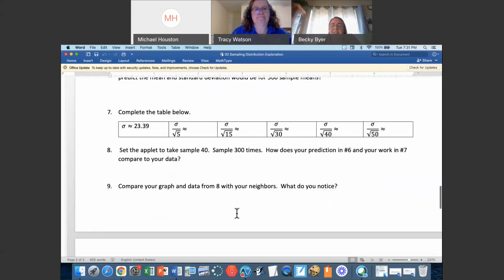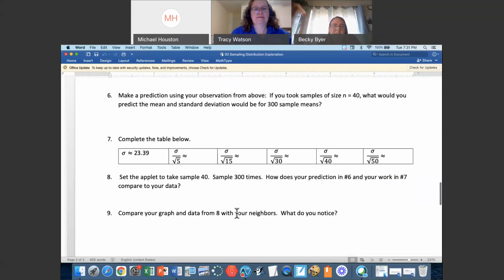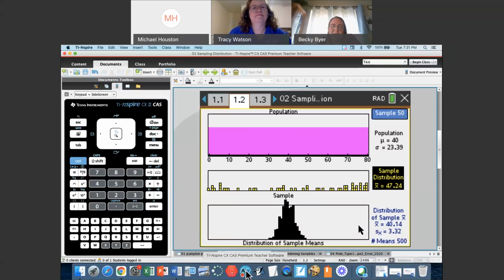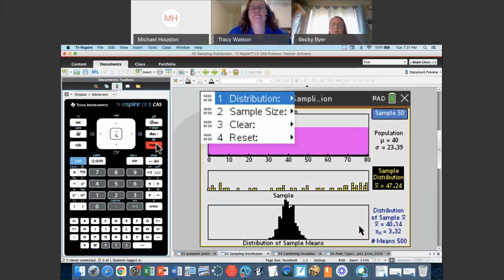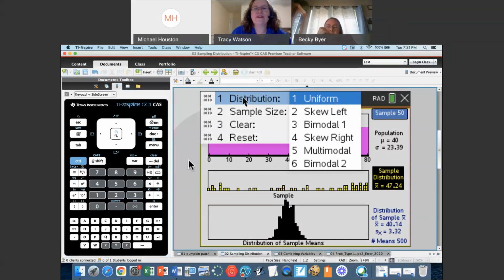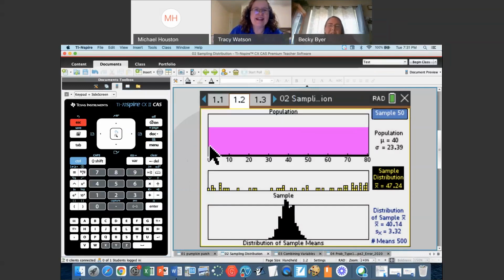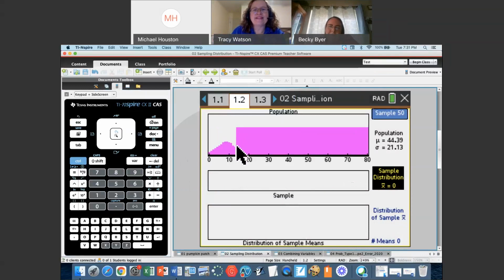All right, so then the question is, does this phenomenon that you can take the standard deviation and divide by the square root of the sample size hold for other distributions? So what type of a distribution would you like to see? Actually, Tracy, let's not even go to the menu. Why don't you just draw them a distribution, like an art student? Let's do the fun one first. Okay. I was practicing to come up with something interesting. If she just clicks and holds the mouse, you're allowed to go ahead and change the shape of your population distribution.